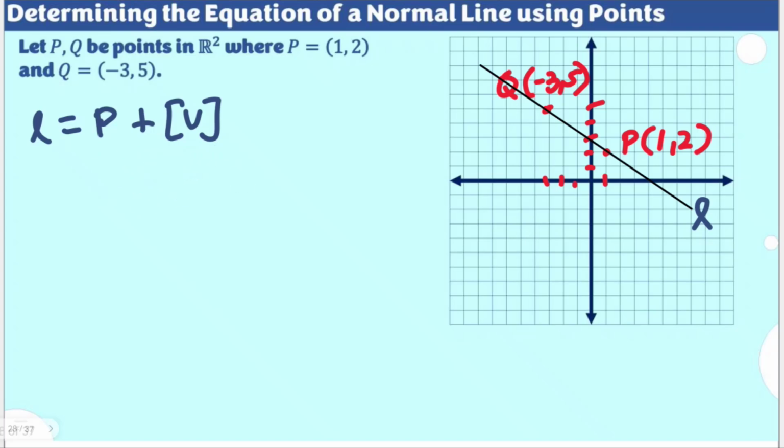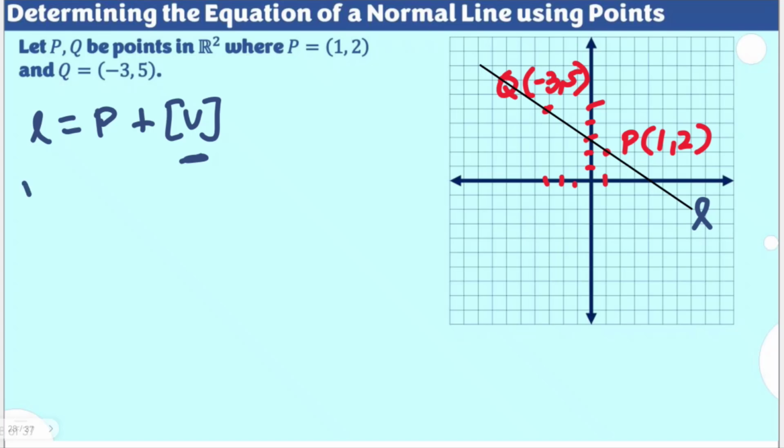However, what we're asked here right now is the equation of a normal line. That would mean it should be a certain line that is perpendicular to this L at any point, such that it will use vectors as well. So in order for us to identify that, the first thing we need to do is to identify the normal vector. The normal vector is the direction vector of this normal line, which allows it to be perpendicular to line L at any of these points. So let's first identify your vector V, because it will be used in identifying the normal vector.